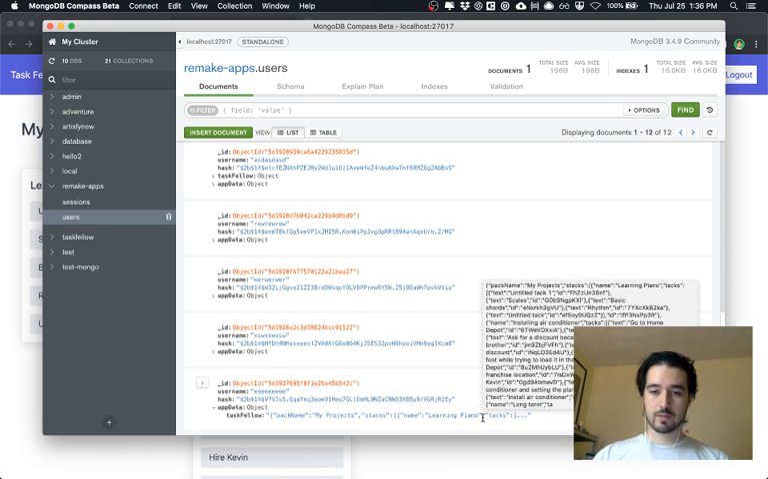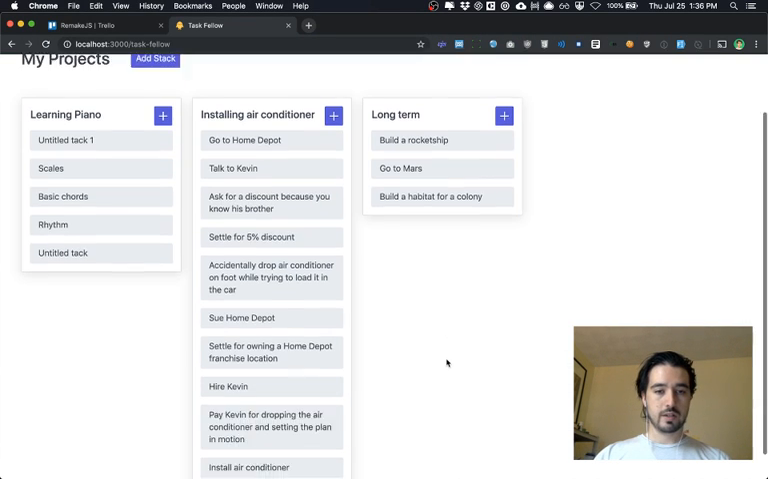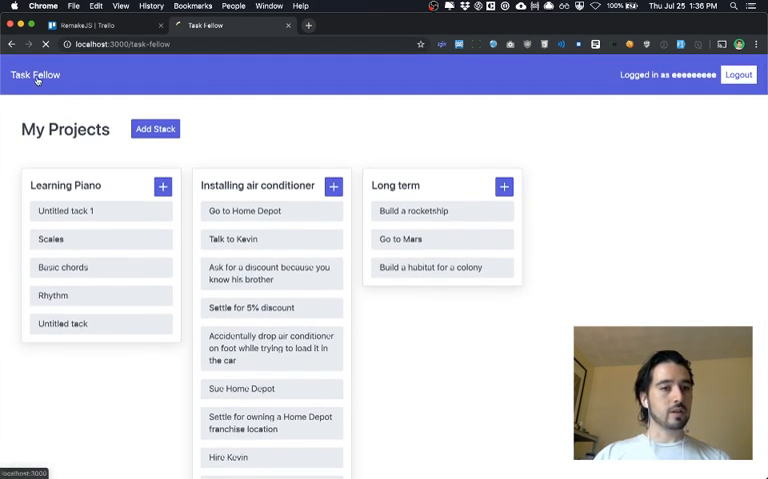So if we hover over this, we can see the full data, and we store it as a string. And yeah, there's reasons for that that I won't go into right now. But yeah, we store all of each app's data as a string. So if I go back here,